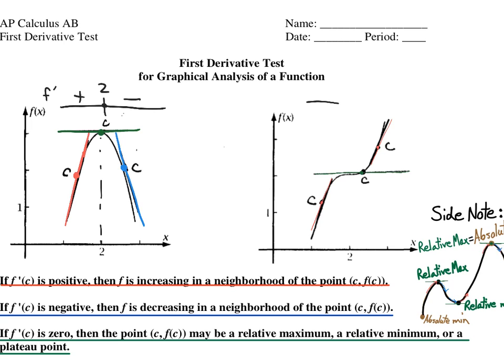But over here, again, let's assume this happens at 2, my derivative is positive, then 0, and then it continues positive. All right? So what we have over here is a relative max,